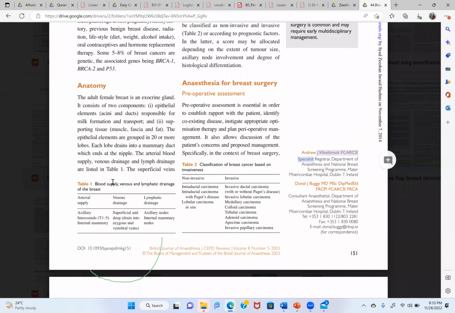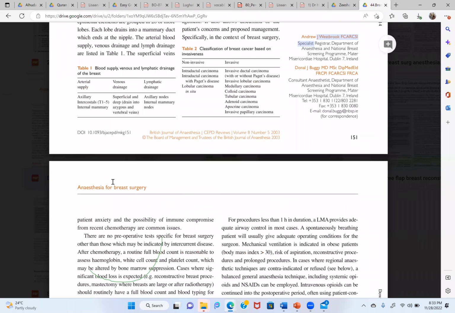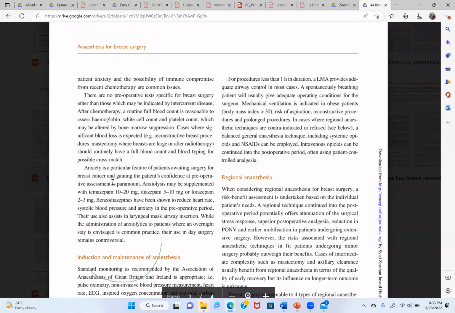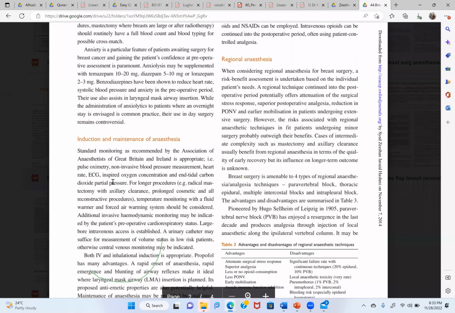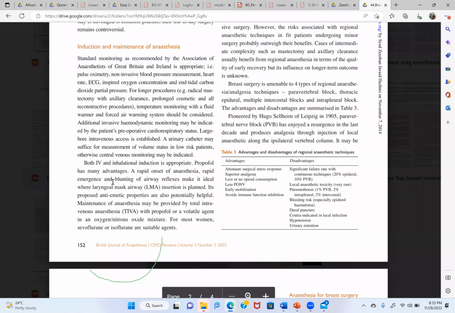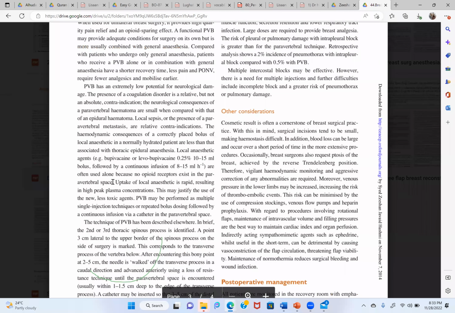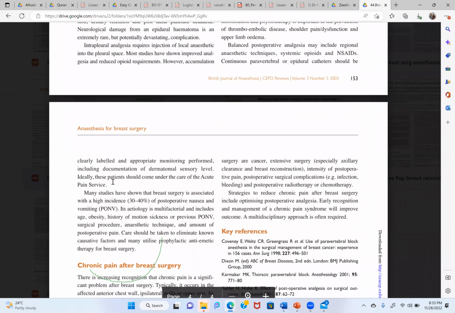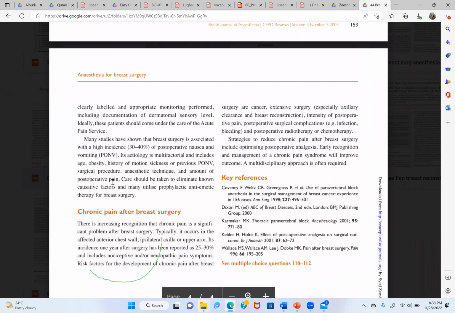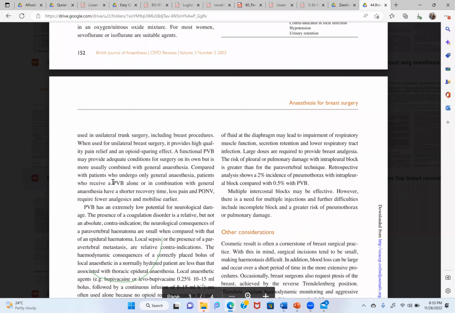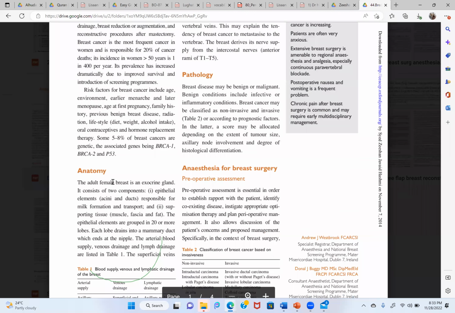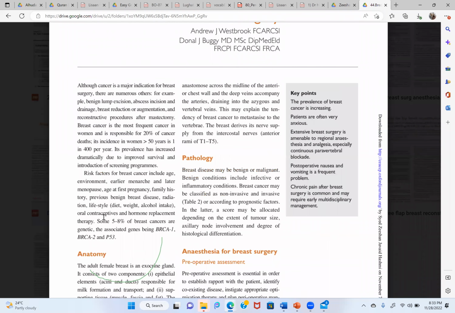If you can just let me know if I have missed anything with reference to the breast surgery. I don't think so, sir. You are going on the right path. Okay, thank you. Except for analgesia, which I had covered a number of times before, my aim was to just have a look at these aspects before going to the analgesia part. Okay, just a second.